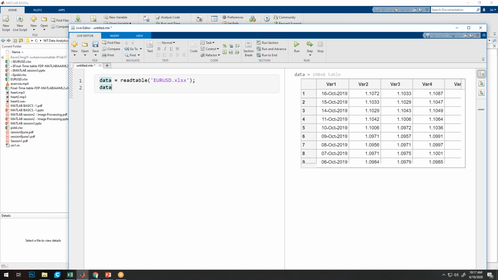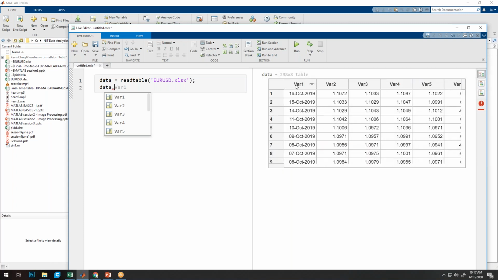First, we have to write the table name, and then with a dot, whatever is the name of that column, like what you are seeing in bold letters in the row above row 1. You have to take that name, say Var1.